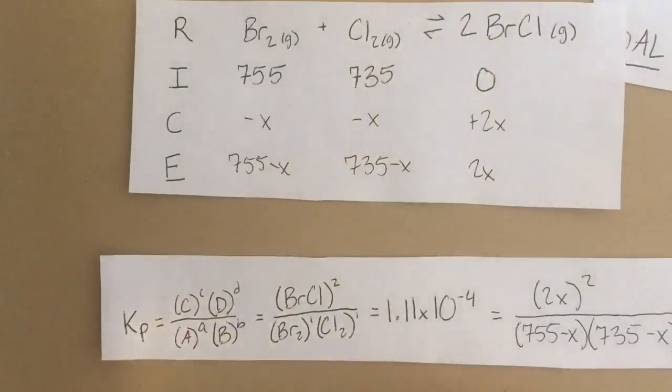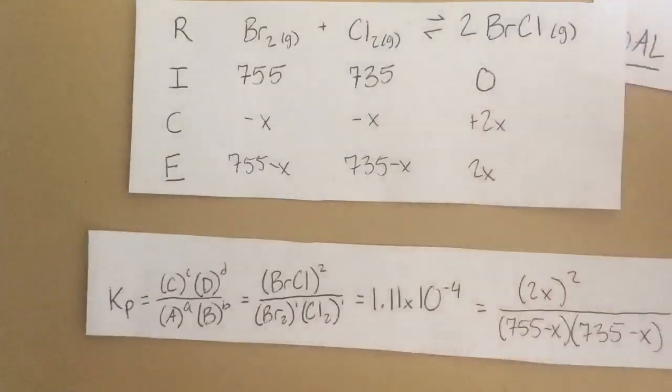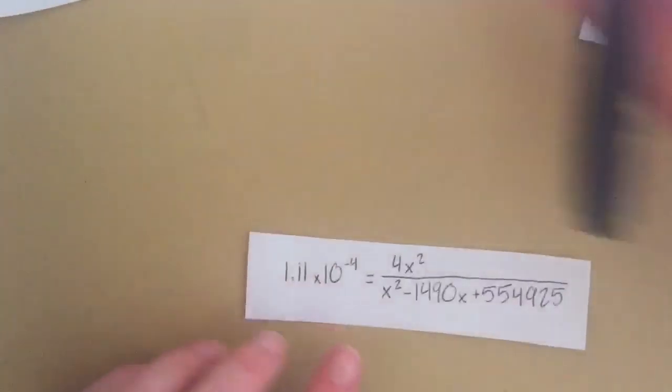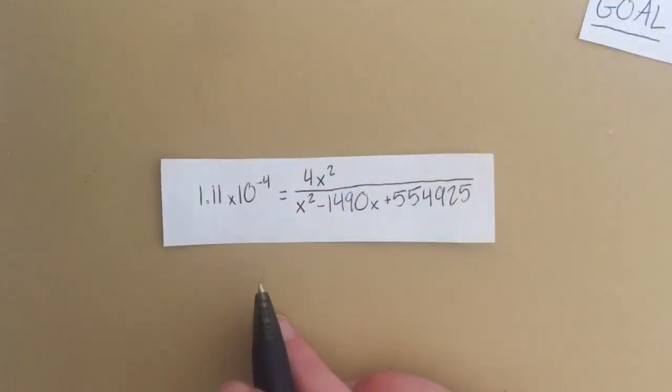Now, when we square our 2x and then FOIL and rearrange our values, we will get that 1.11 times 10 to the negative fourth, our Kp value, is equal to 4x squared divided by x squared minus 1,490x